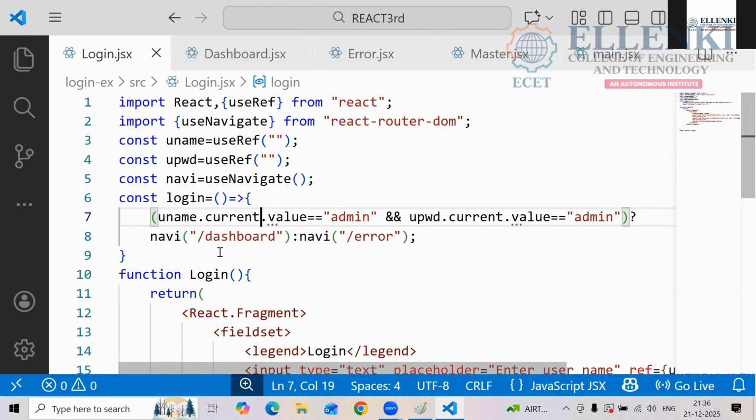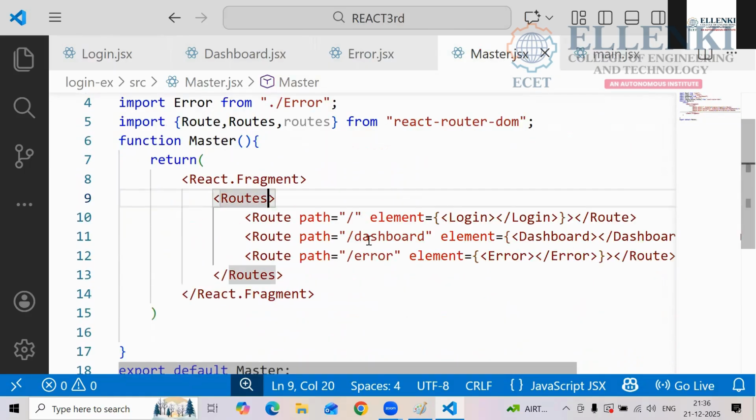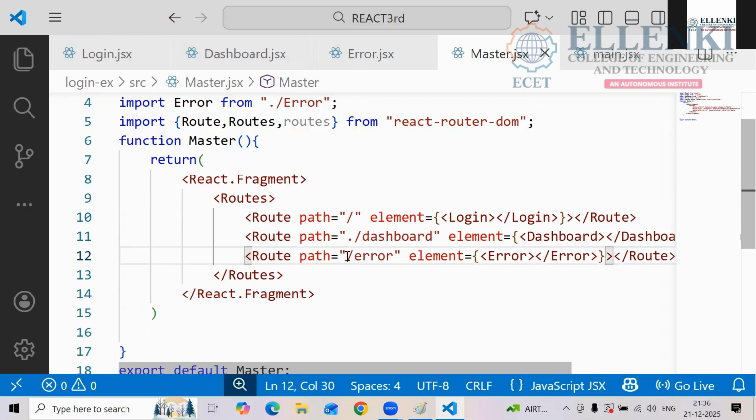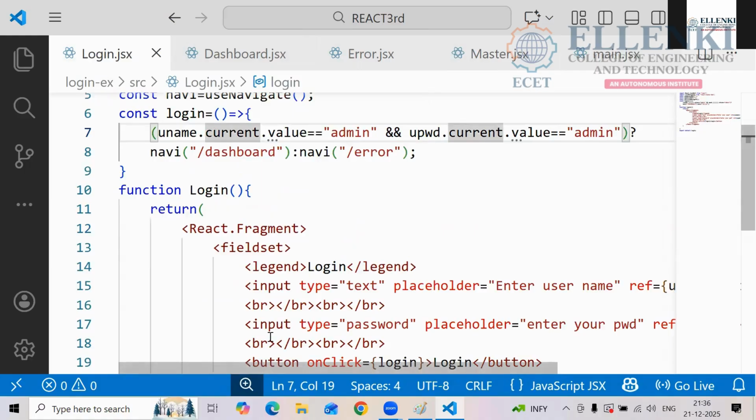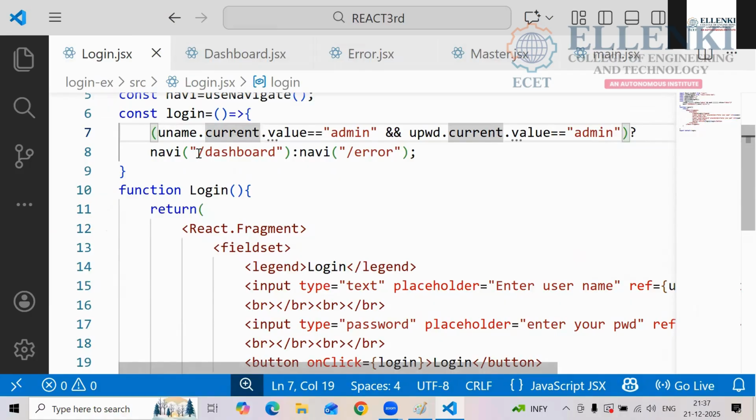There also we are giving dot dashboard only, no. In the pages also we are giving that only, no. In master.jsx also when you are creating, dot dashboard only we are giving, no. In before classes dot we gave. Yes. Here dot. Here also dot. Okay. In this login.jsx also we have to give. We will check that one also, what will happen. Dot.